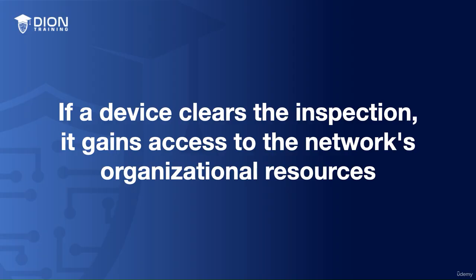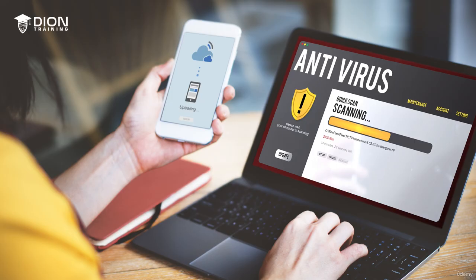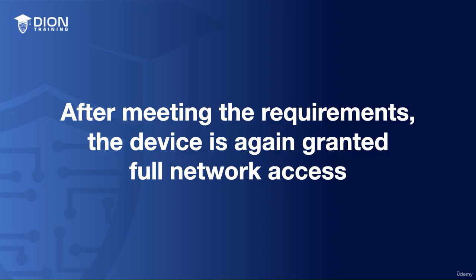If the device fails the inspection, though, it is instead placed into a digital quarantine area and it awaits remediation. While it is in this area, the device can receive its antivirus updates, it can get its operating system patches, and any other security configurations and services that it might need. But it can't logically communicate with other portions of the network because it is trapped inside of this screened subnet that is reserved for quarantined devices. Like a bad child, the device has been placed in timeout until it can be rehabilitated and meet the requirements of the initial NAC inspection. Once it successfully meets those requirements, it is then moved into the network and receives full access again to your